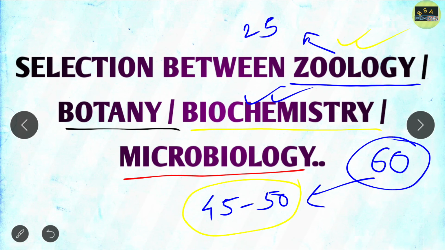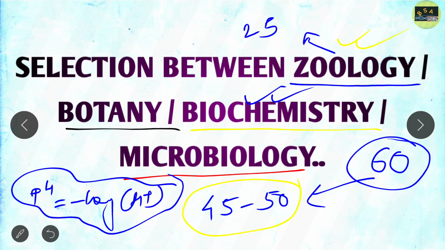And there will be some problems from the buffer area, which I discussed in the previous section on chemistry. You should know the Henderson-Hasselbalch equation, as well as how to calculate pH, that is minus log of H plus ions. You are provided with calculators, so there should be no problem with the calculation. Theoretical biochemistry is very easy if you know the basic concepts, and you can easily attempt it. So I hope you get 20 in biochemistry. I take it very low, you can easily score 25, but I take 20.